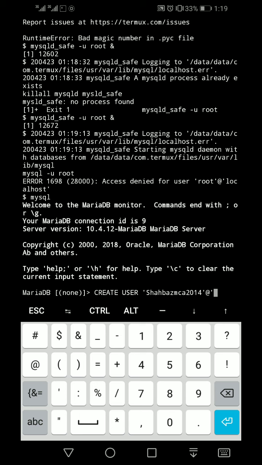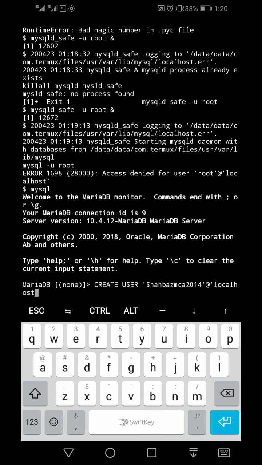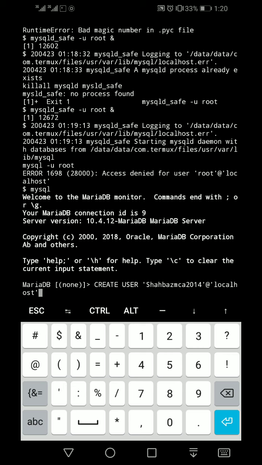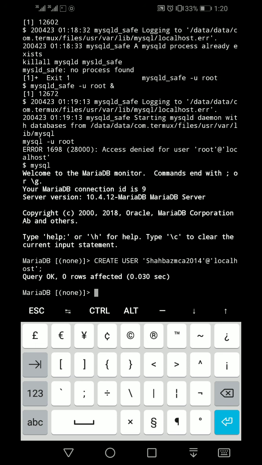Then type localhost in quotes. Username and localhost, both of them in quotes. Then put a semicolon, press enter. Now you can see the message here, Query OK, 0 rows affected. It means your user is created with the name ShahbazMCA2014.